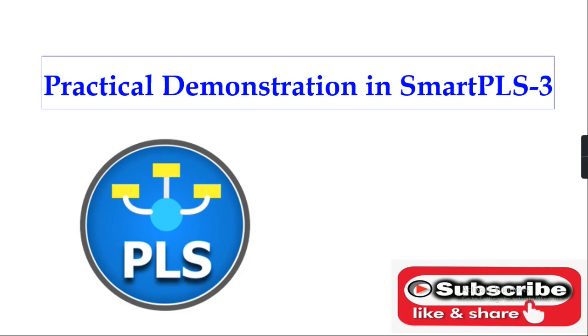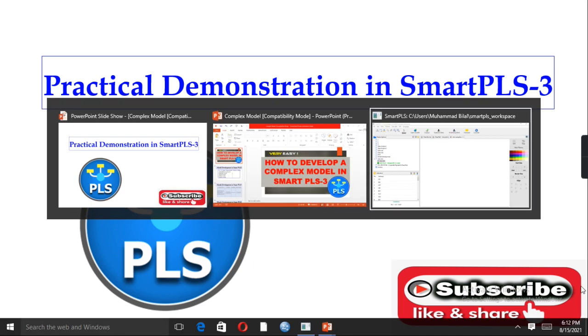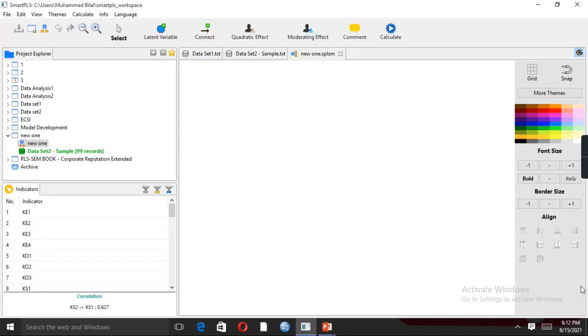So next, we will practically demonstrate developing the relationships of these multiple variables in Smart PLS3. In order to do this, we need to launch Smart PLS3, and then upload our research file. So have a look. This one is our Smart PLS3. I already uploaded the data set. Here we are, this one is the data set, and we have the multiple indicators, or in other words, these are basically the items of these multiple variables. So have a look.